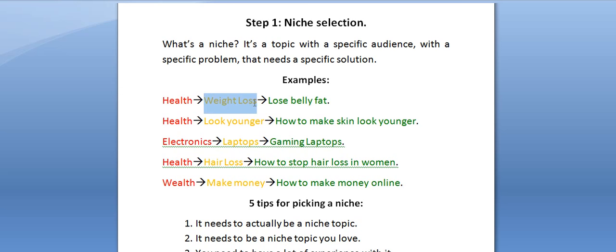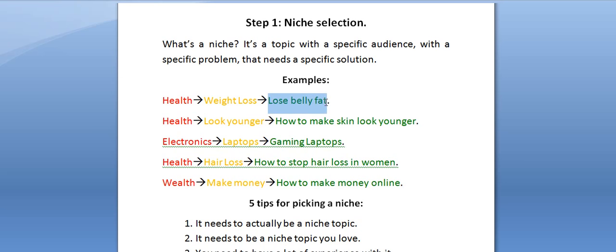Now, something that's a little bit more specific than health is weight loss, but this is what I call a broad topic. Broad topics can make you money if you make websites on them, such as weight loss, but the problem is that there's different kinds of weight loss. There's diet pills, diet supplements, exercise programs, fitness programs, six-pack abs programs. You get where I'm going with this. There's just a lot of topics involved with this, and the less concrete it is, the more broad it is, and the more broad it is, the less chance there is of making money.